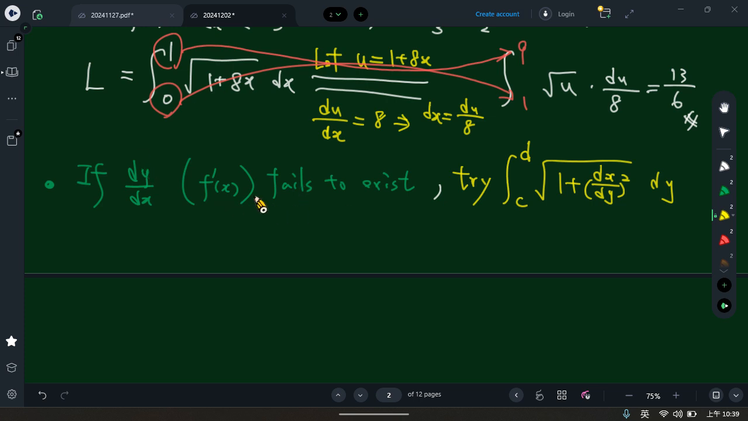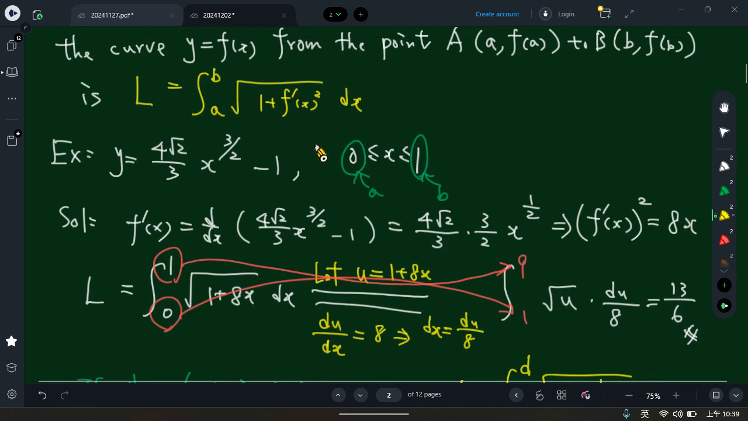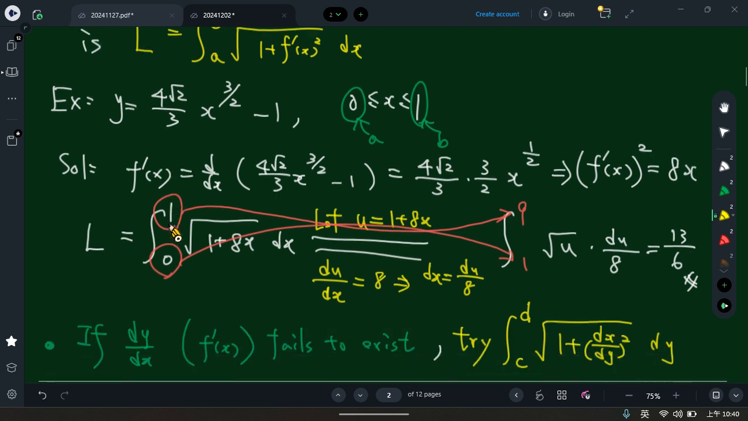So once this f prime x fails, that means you can see when we just calculate this one, we already need to get f prime x ready. Then we try to get f prime x squared. But if this form we cannot have, we fail to get f prime x, how can we do? We just convert it